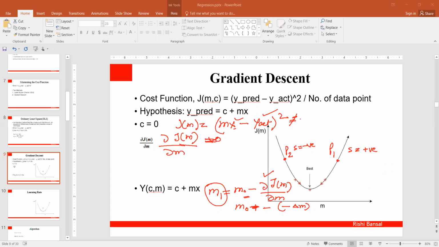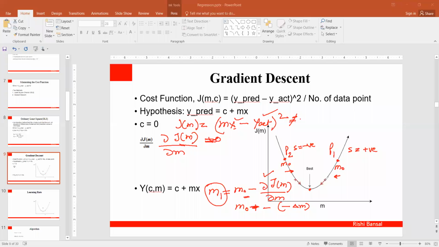Now here, in the first iteration, this is m naught and this is also m naught. I am saying the same thing because we don't know whether behind the screen the point is coming as P1 or P2. We want a general equation. If I come on point 1, I should move towards left, or if I come on point 2, I should move towards right, correct? Then only I can reach this point. Everyone agree?